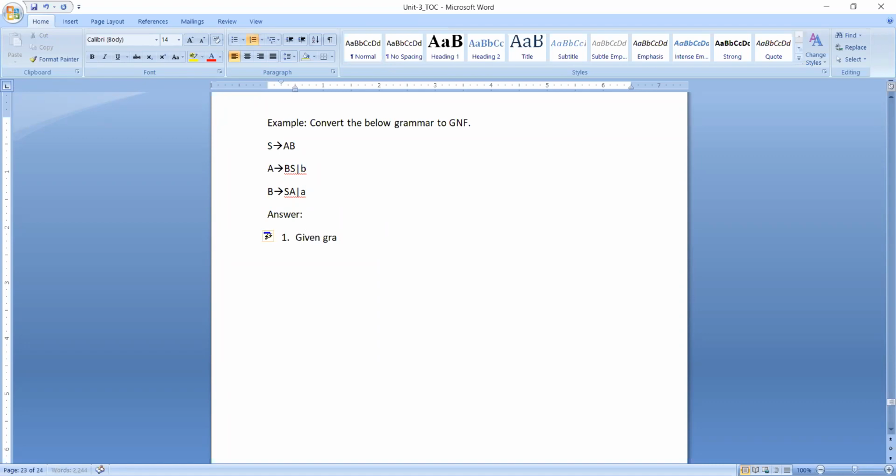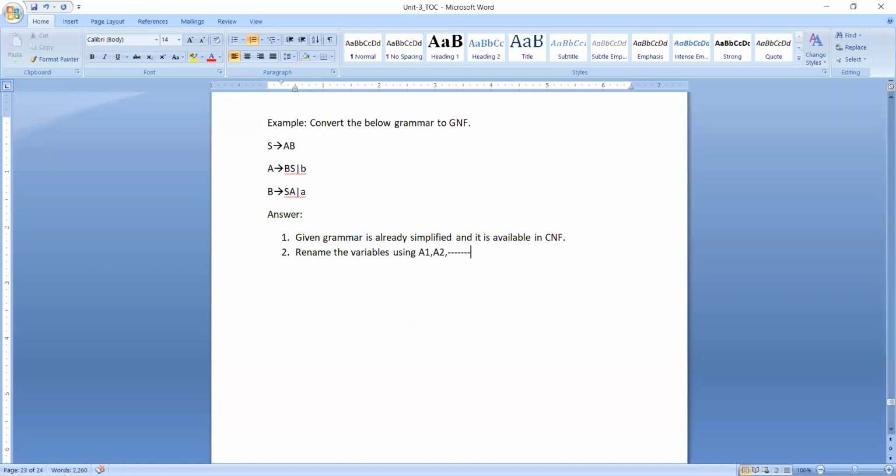So here I am writing: given grammar is already simplified and it is already available in CNF form. Hence, it is not required for us to simplify the grammar and convert it into the Chomsky normal form. Now, once we did that, what do we have to do? We need to rename the variables using A1, A2, A3 and so on.